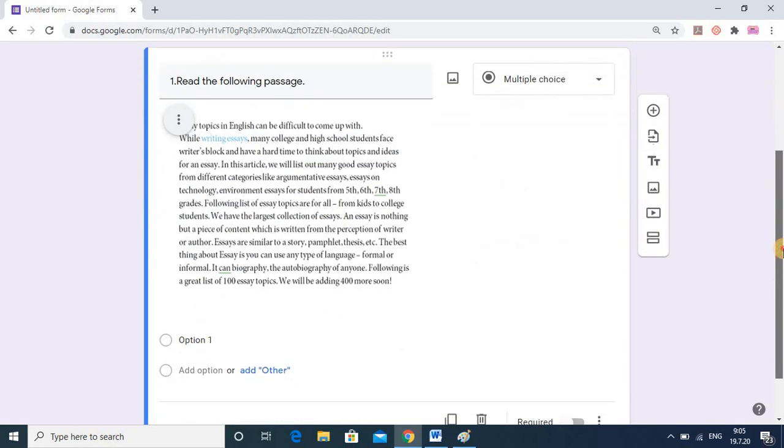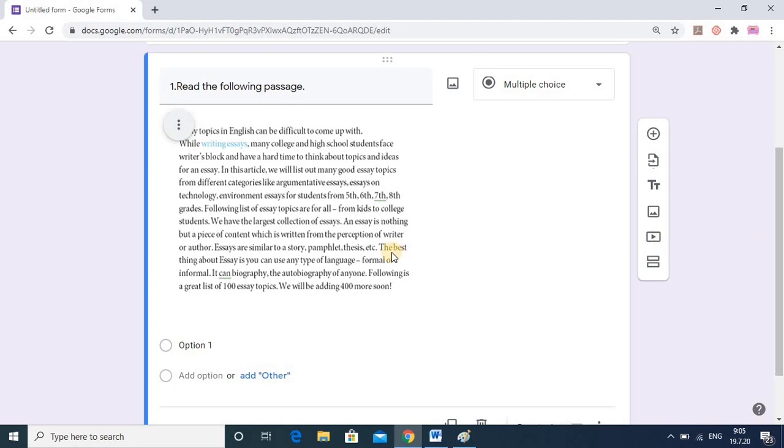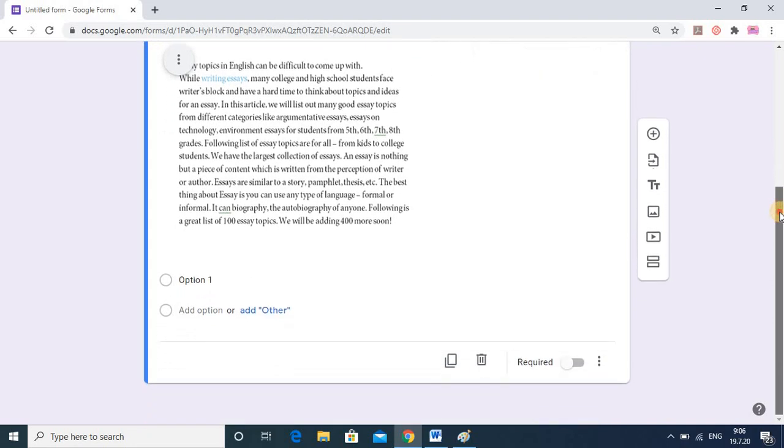So once it is uploaded, you see the passage will be looking very good, students can understand easily, and the paper format in the Google form will be easily done. And here, as we have put the question, read the following passage. And what happened, student will read this passage, and on the basis of that, whatever the questions will be there, you can put it here.